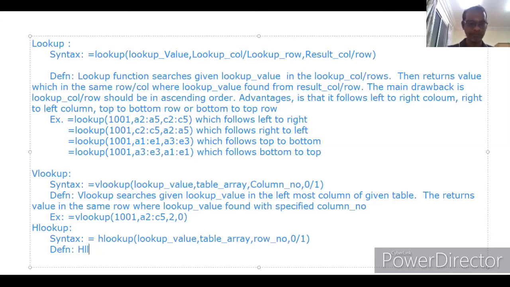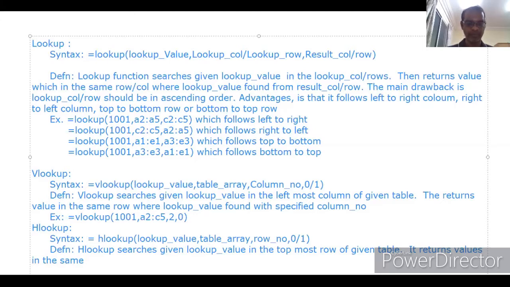HLOOKUP searches the given lookup value in the topmost row of the given table and returns the value in the same column where the lookup value is found, at the specific row number.